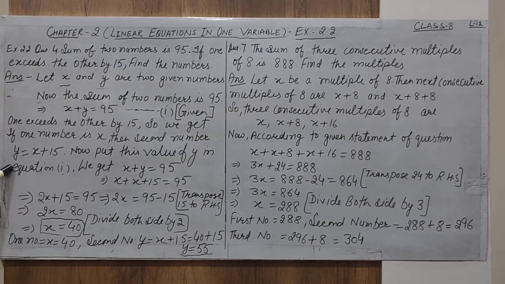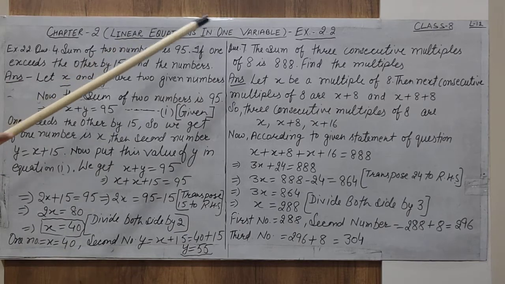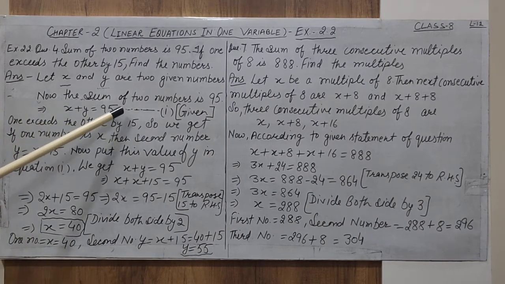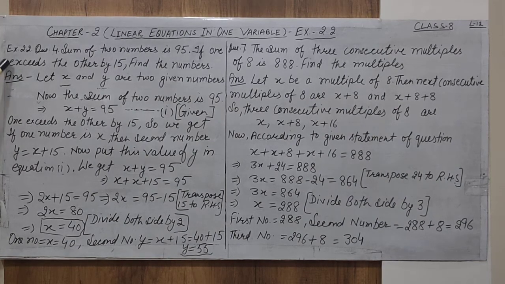This is very important. Why have we selected the second number in the form of the first? Because we have to select a linear equation in only one variable. Two-variable equations are not considered in our applications. So we have to change this equation, either the complete equation into y or the complete equation into x. So we must understand the second condition and use it as the relation of x and y.